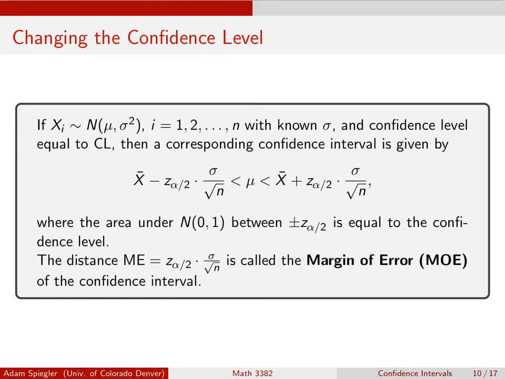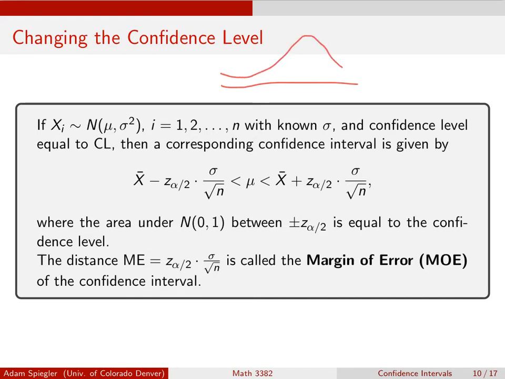then we can construct a confidence interval by going a certain multiple of the standard error above and below our sample mean. And we talked about how we can find this value in the previous example, and that is,